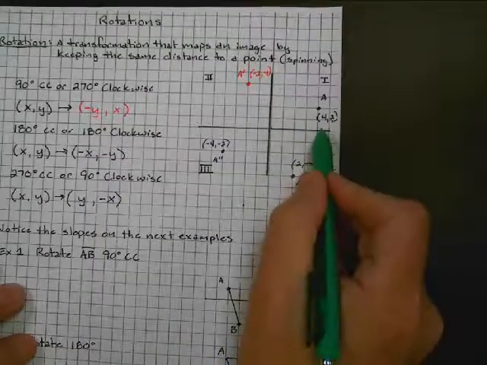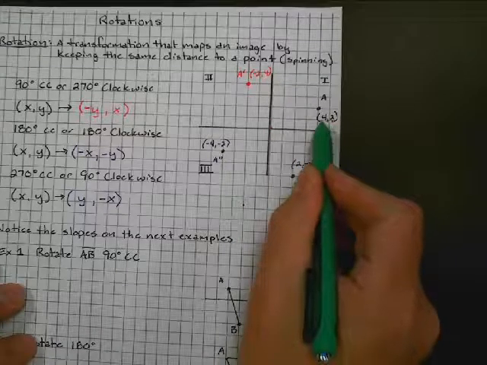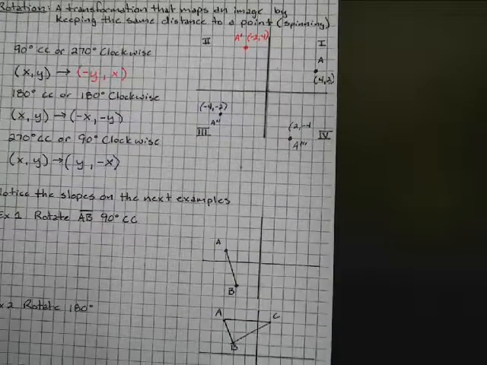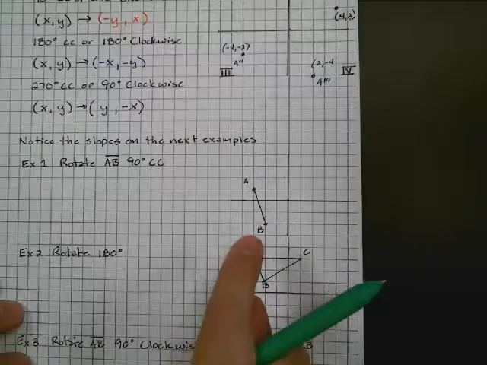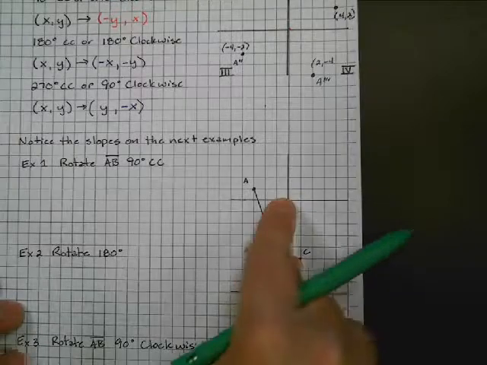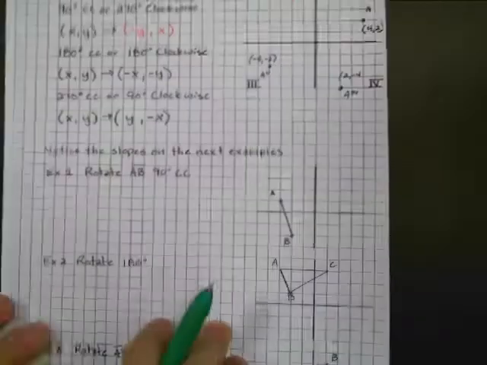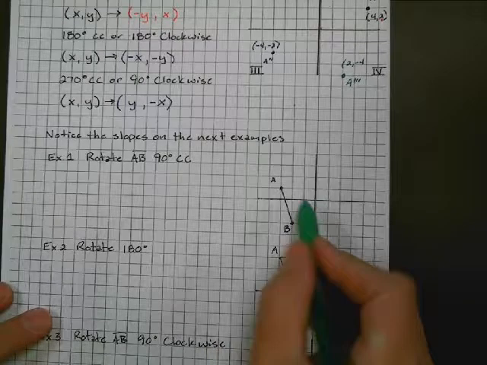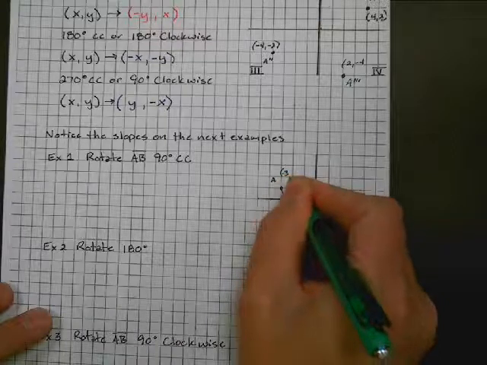Now, notice what was happening here when I was doing 90 degrees: the X and Y were changing their places. So the X was going to the Y and the Y was going to the X, and then the signs were changing too. But here's the thing. I already know which quadrant A should show up in. A should show up in this section right here. So I can still spin my paper and go, oh, that's going to be negative 1, 3. I can do that, but I already know kind of the pattern that's happening here, and the X and Y's are changing. So if I know that this is at negative 3, 1,